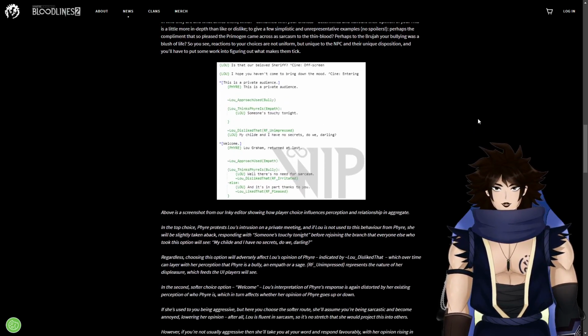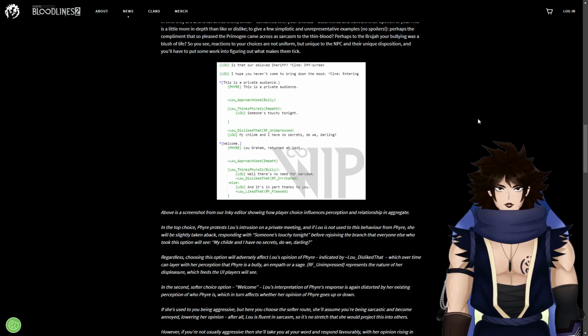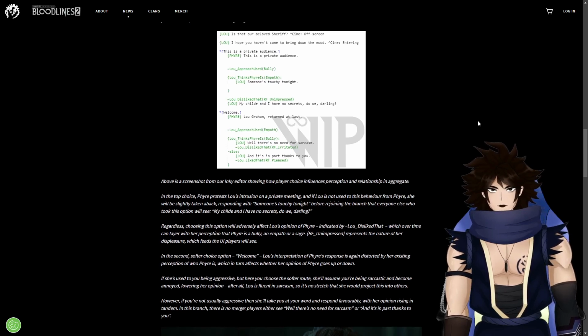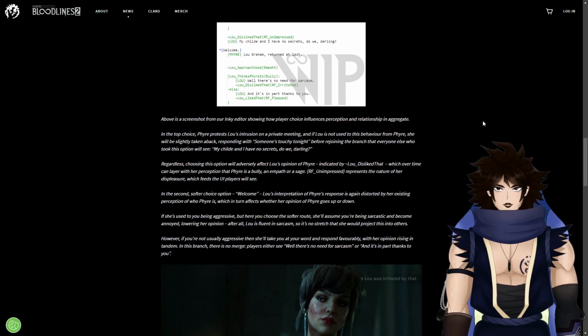And here we have just a little dialogue tree. Above is a screenshot from our Inky editor showing how player choice influences perception and relationships in aggregate.